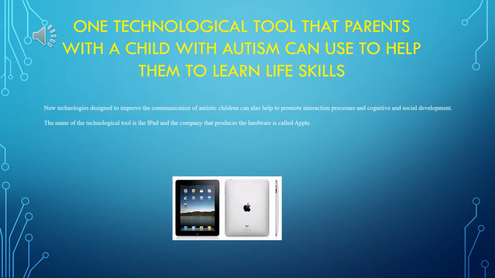A question was asked: name one technological tool that parents can use to help a child with a disorder. I chose autism. New technology designed to improve the communication of autistic children can also help to promote interaction processes and cognitive and social development. The name of the device that I have chosen is the iPad, and the company that produces the hardware is